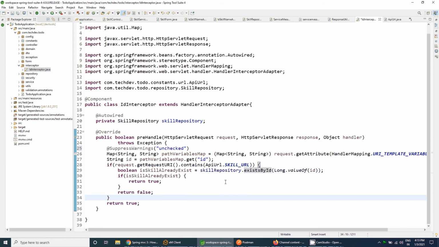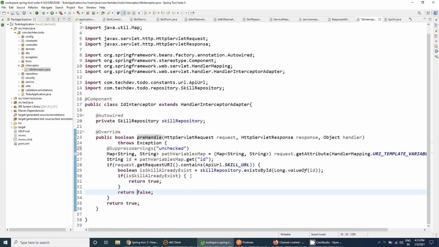If it exists, then inside the pre-handle we will say that the request is perfectly handled and correct, so it will return true, go to the controller and process further.